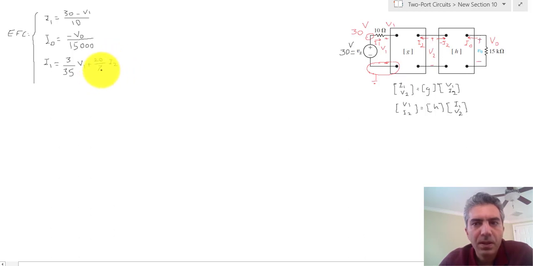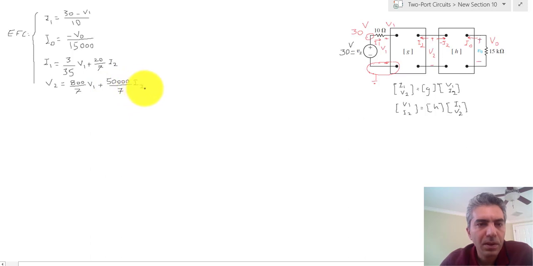I2. Then V2, the voltage of the second port, is equal to G21 V1, and G21 is given as 800 divided by 7. So 800 divided by 7 times V1 plus, now G22 is given as 50,000 divided by 7, or 50K divided by 7. So plus 50,000 over 7